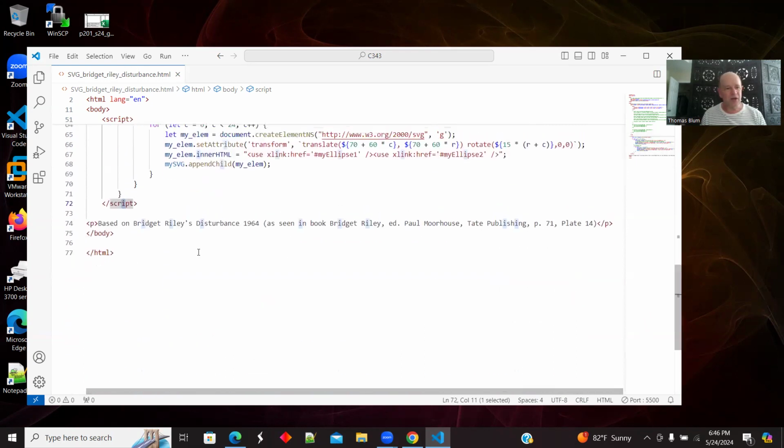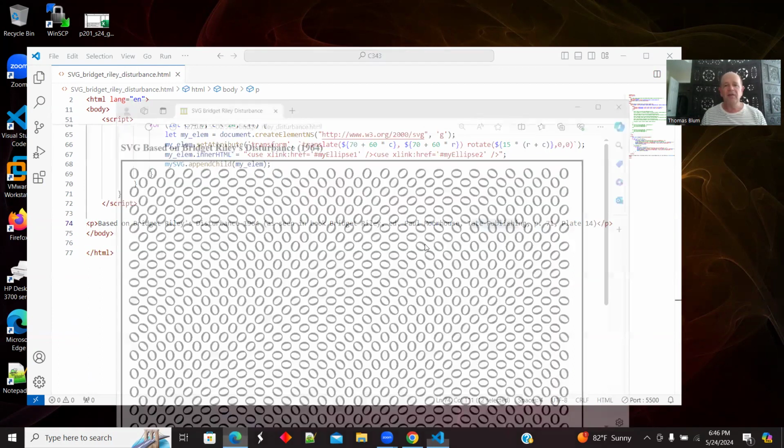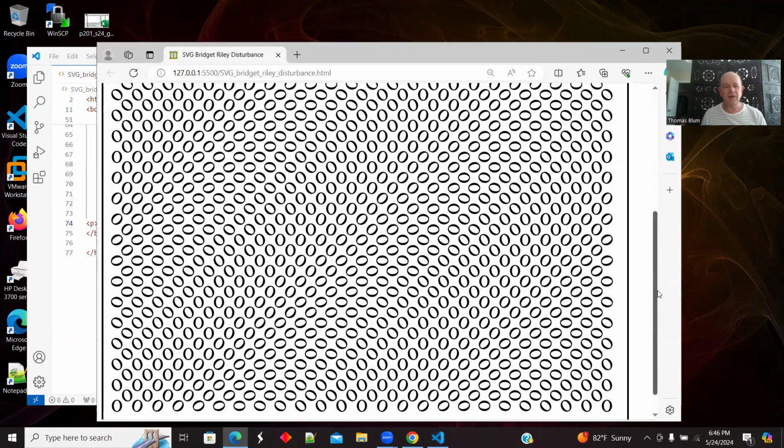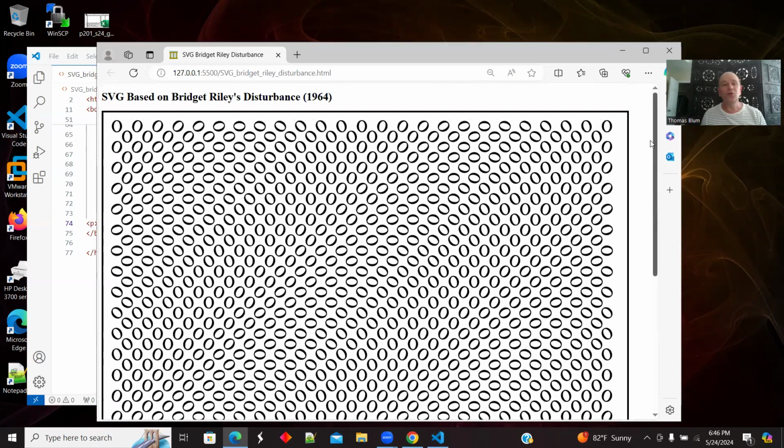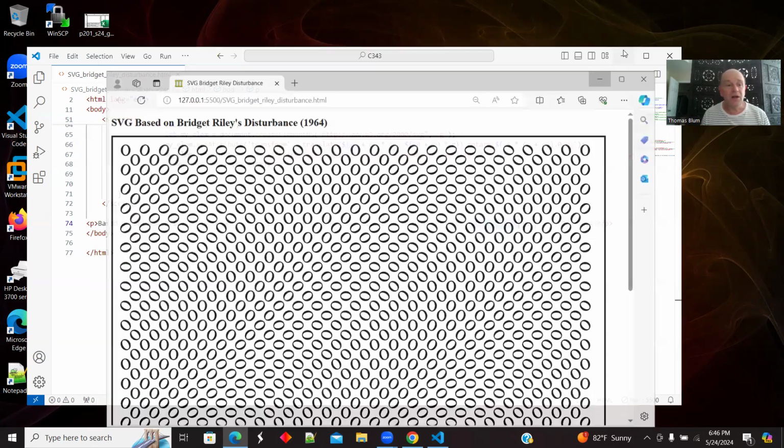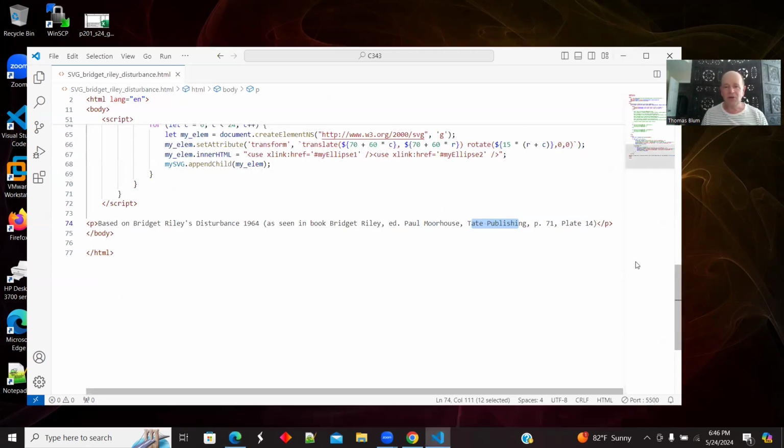And then again, just one more time, I have my little paragraph at the bottom saying that this was based on a work by Bridget Riley from 1964. And I got it from a book called Bridget Riley, edited by Morehouse from Tate museums over in Britain, page 71, page 14. And it is this pattern that sort of looks cool and then starts to hurt your eyes after a while. So that's what I wanted to show you, some SVG stuff, play around,